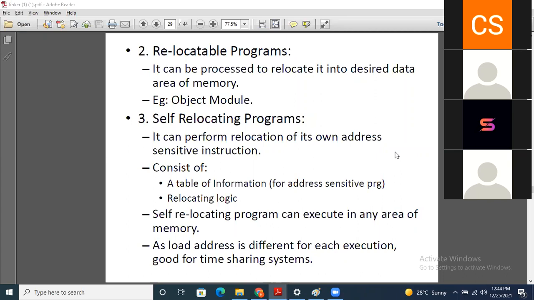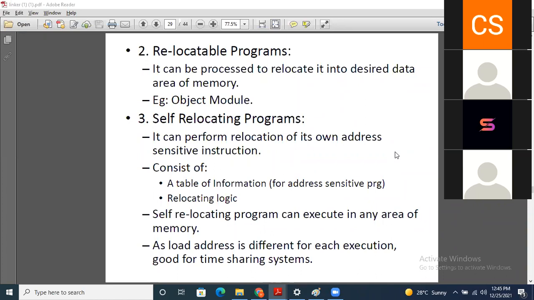Whereas a non-relocatable program can execute only from a specific or mentioned area of memory.